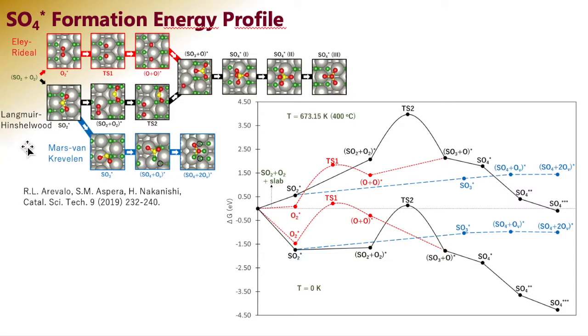From here, the adsorbed SO3 diffuses to the adjacent oxygen 3F site, forming an oxygen vacancy and adsorbed SO4, which is only about 0.06 electron volts endothermic. Finally, a slightly exothermic process proceeds, where another oxygen vacancy is formed as SO4 adsorbs in a tridentate structure on 3 coordinatively unsaturated palladium atoms, as shown by this figure. The overall process for this Mars-van Krevelen mechanism has a reaction energy of negative 1.0 electron volts with respect to